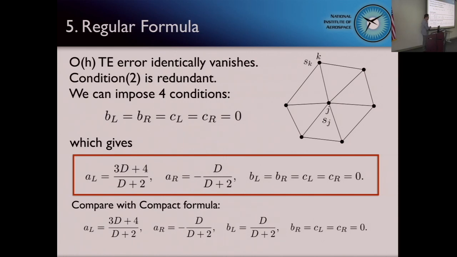If you compare this with the compact formula that I showed in the previous slide, this AL is exactly the same, and the AR is the same. The only difference is this BL. On the regular mesh, you don't need any derivative, but if you go to an irregular mesh, you need to add one more term based on the gradient.